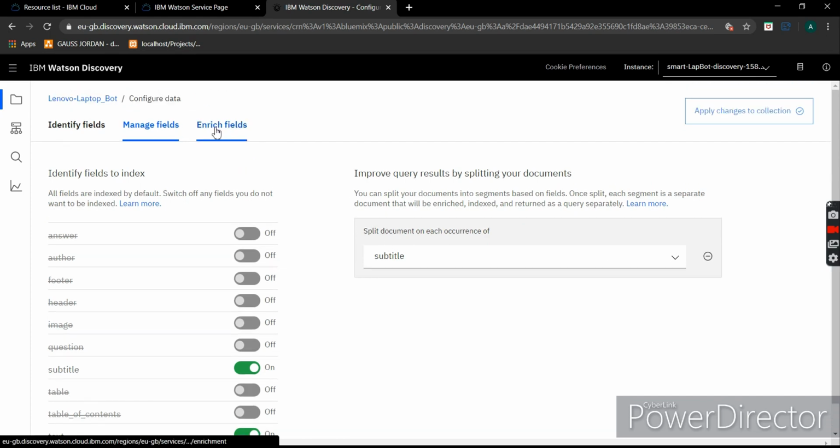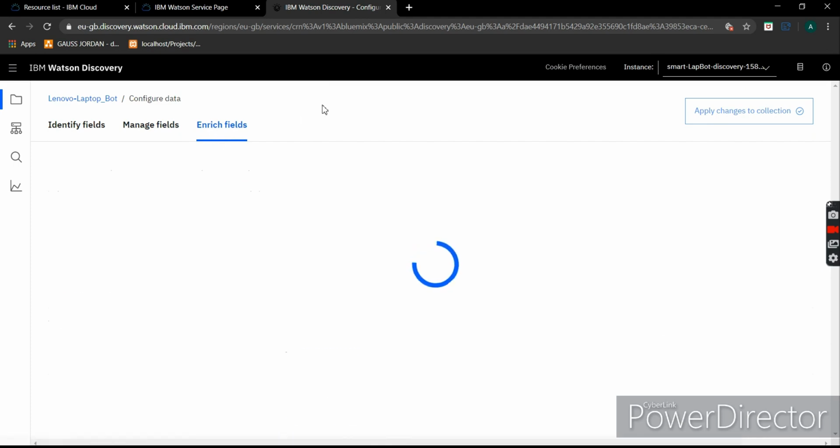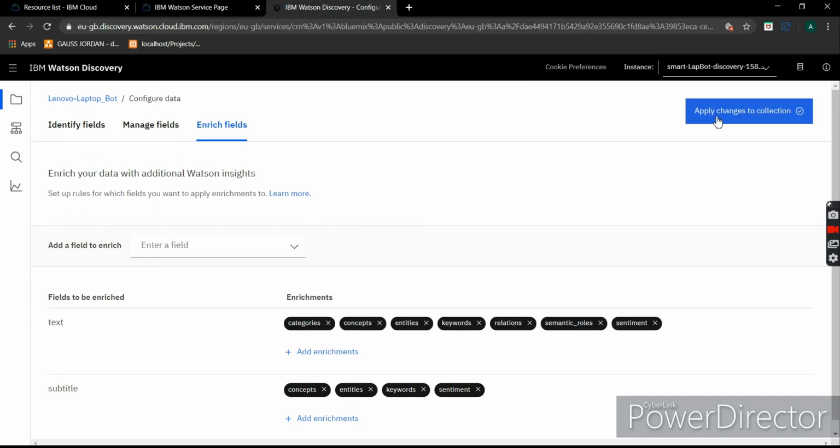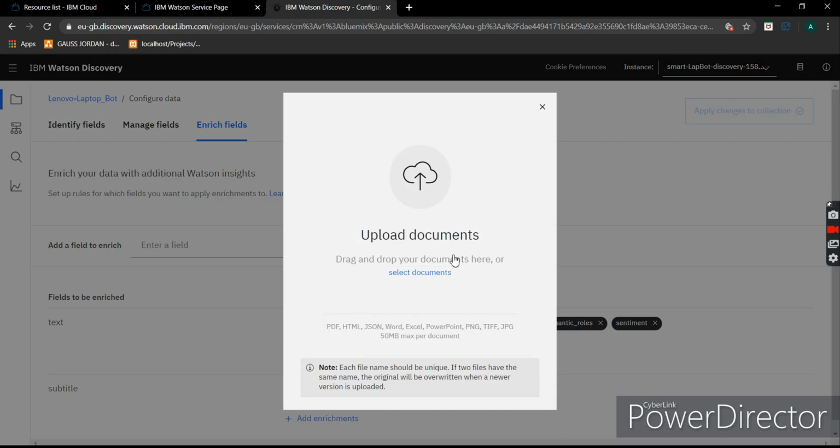After this, you can even enrich fields. As you can see, I have enriched text and subtitle. After this, click on Apply changes to collection. This will ask you to re-upload your document.